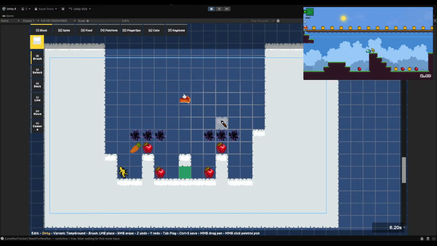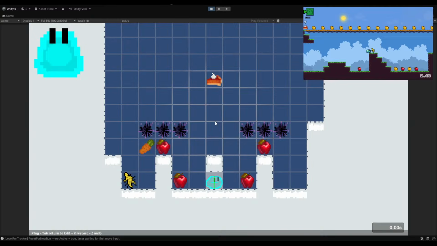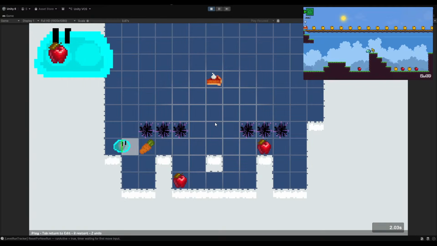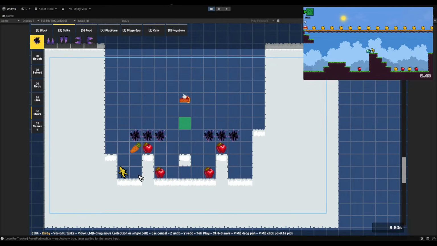Maybe not. Oh man, why is this? It shouldn't be this hard. It shouldn't be hard at all. I feel like I'm overthinking level design. Like sometimes it shouldn't. No, I don't like this at all. I'm just gonna scrap this.